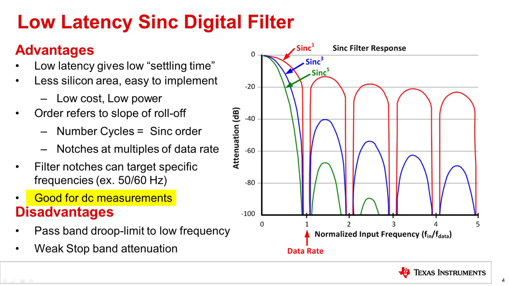as they often have very limited bandwidth and reject noise at higher frequencies. Thus, some DC optimized Delta Sigma converters have excellent noise performance. The disadvantages of this kind of filter mainly relate to the fact that the passband begins to droop at very low frequencies. Looking at this example, you can see that the passband attenuation is 0 dB at 0 Hz, but for higher frequencies, the filter immediately begins to attenuate the signals of interest.